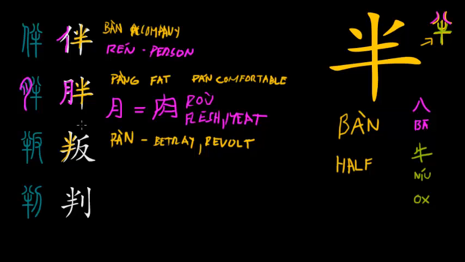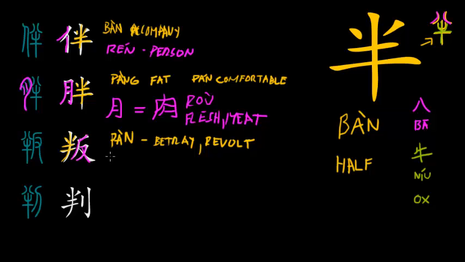I mean, the regular script characters are not symmetric or symmetrical, and it's just the way you write elements when they're on the right side and the left side is different. That's all. But it is definitely the same character, and it is the phonetic element in the character pan, to betray, to revolt. And the semantic element in this character is this one over here,